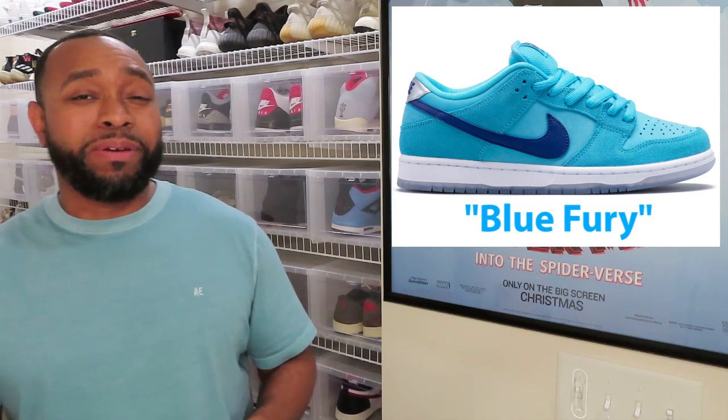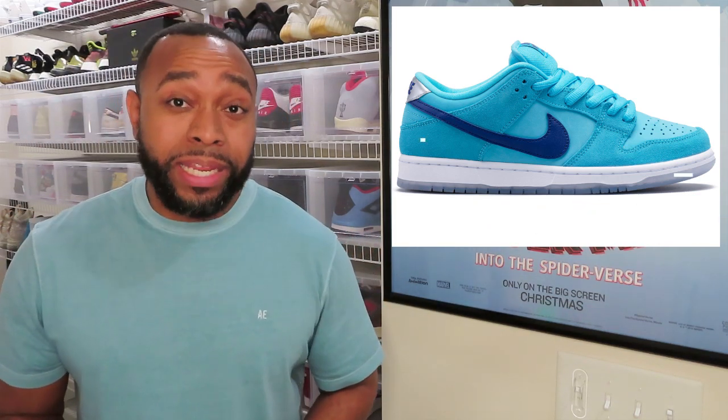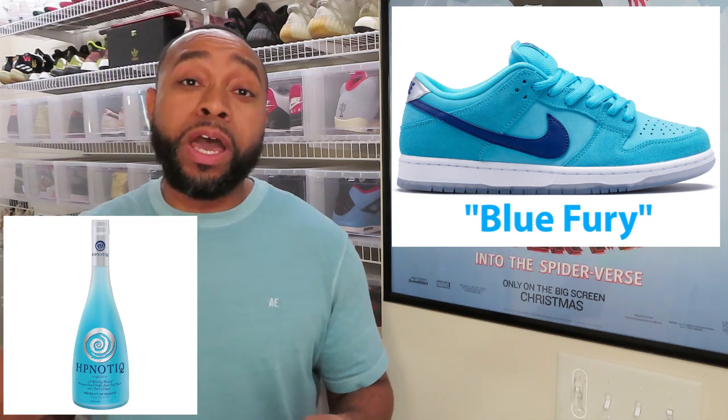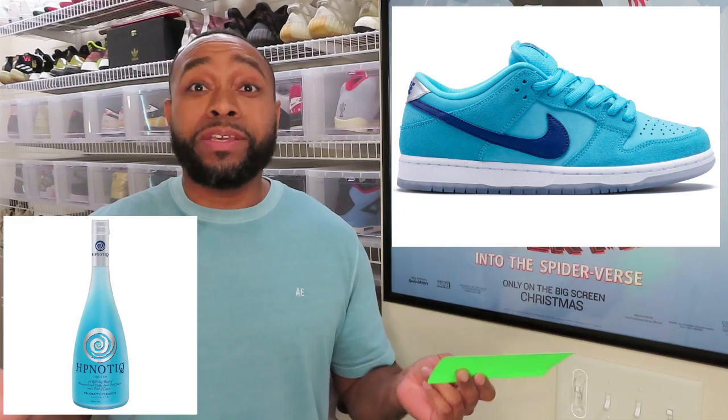I'm going to say the color is electric blue. It's been called Hypnotic because the color of it looks just like a Hypnotiq bottle. It has the chrome, it has, of course, the electric blue color, but then it also has that chrome that's in the logo or whatever. But the other shoe that supposedly is slated to come out on the same day, a non-confirmed date,